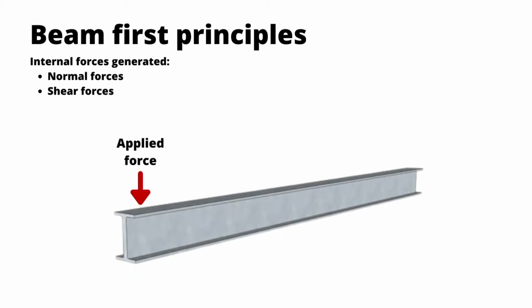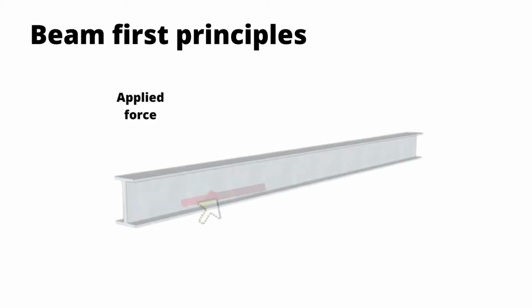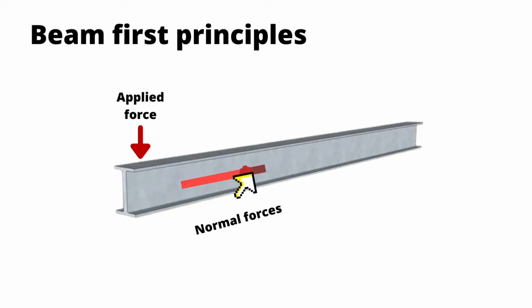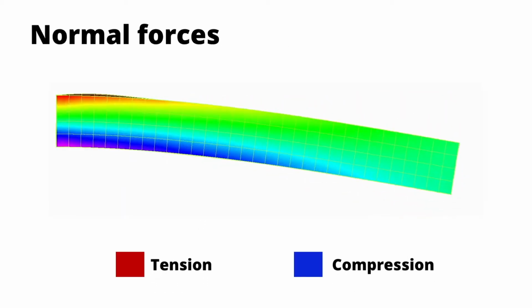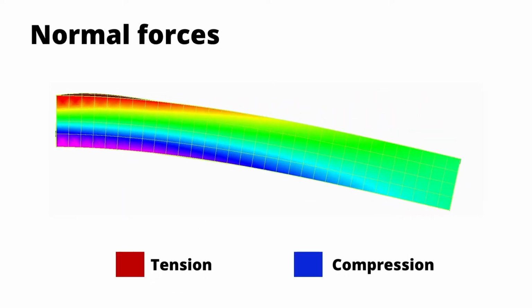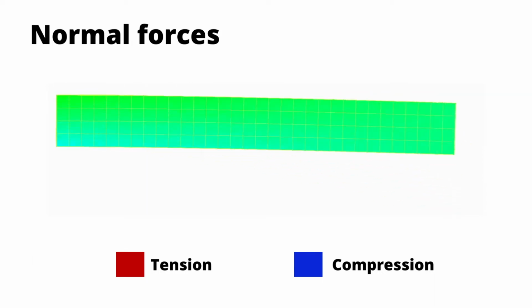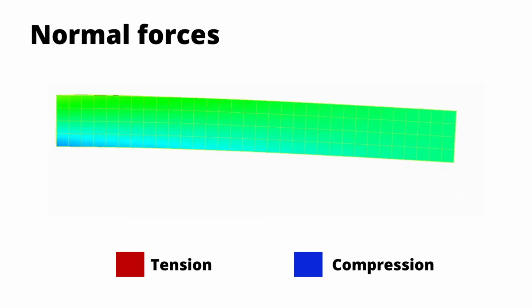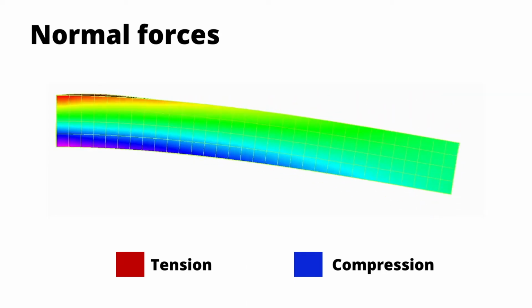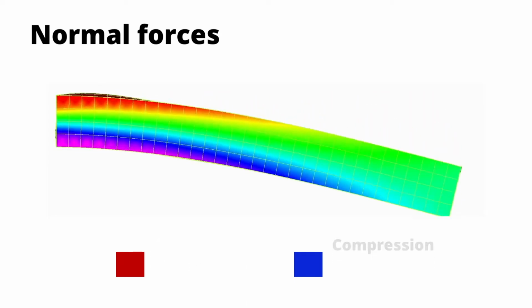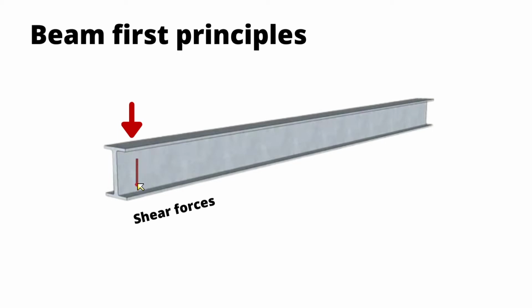When we apply a force to the beam, we generate internal forces inside the beam. There are two types of internal forces which we generate. Normal forces act along the length of the beam and act in compression or in tension. You can see here when we apply a force to the beam, we generate tension in the top of the beam where we're pulling the beam to a greater length, and compression in the bottom of the beam when we're squeezing the beam inwards. Shear forces are slightly easier to understand and just act parallel to the direction of the